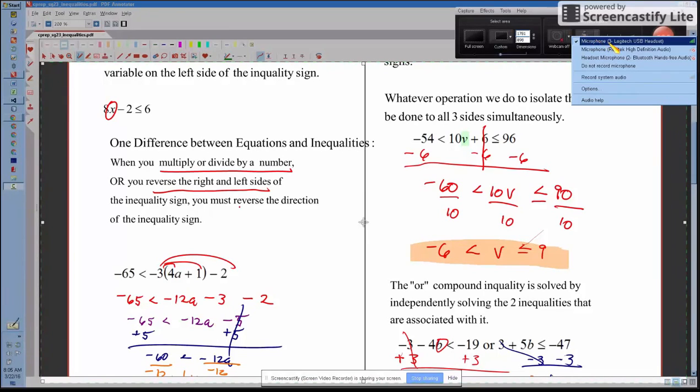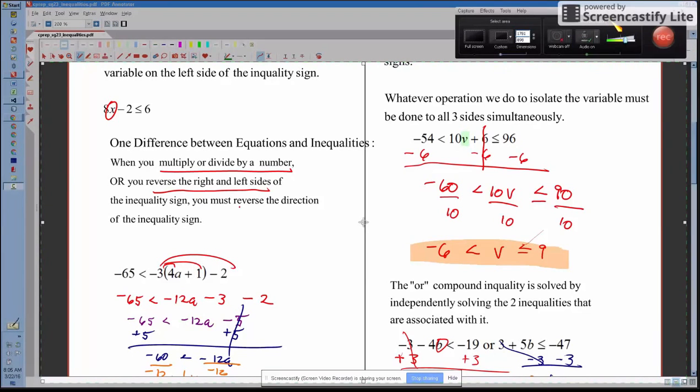Now, I'm using a different Logitech headset. However, if you're using that freestanding microphone that I've had several of you use before, you want to make sure that microphone, the item with US or Logitech, is checked. And then, just to check yourself, start talking, and you should see in this little area the bar going, the colors going back and forth. Usually that's a good sign that you have chosen the right